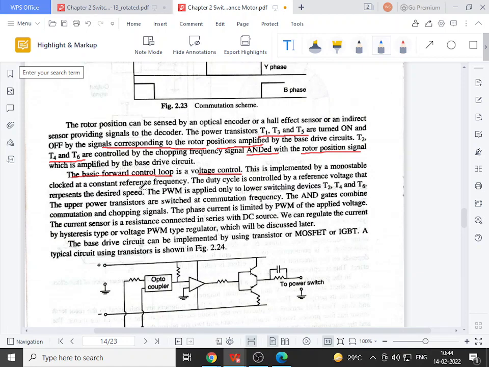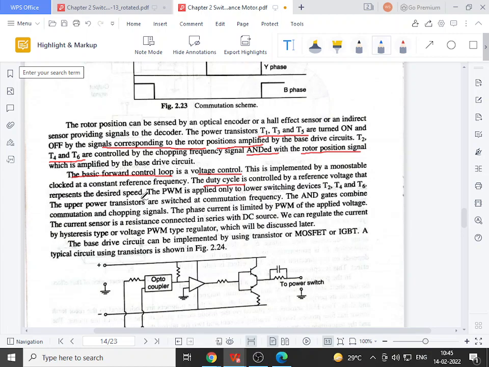So whatever voltage pulse is generated, that is after comparison of I reference with the actual excitation current, whatever comparator output is there, that comparator output is given to the monostable clock, and that monostable clock generates the voltage signal. That voltage signal is actually used to drive this voltage control loop. Now the duty cycle is generally controlled by the reference voltage that represents the desired speed. So whatever duty cycle of power transistors or power semiconductor devices, that duty cycle is controlled with the desired speed of